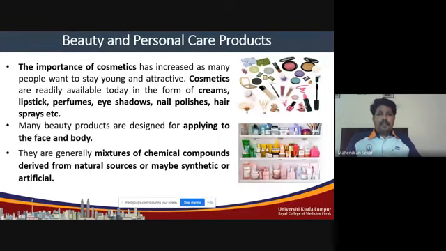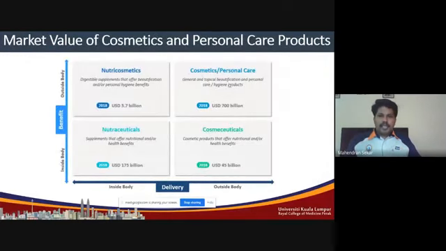Even currently, it is one of the huge markets, and even in future, after 4 5 years, many people will prefer to go for cosmetic products, especially made up of natural products. When you look at the cosmetic industry, the market value, in a survey taken in 2018, showed 700 billion US dollars, which is more when compared to the nutraceuticals. Nutraceutical is mainly the health supplements, which give health benefits. The market value is only 175 billion. It is 4 times higher for cosmetic products, because the cosmetic product usage is very high when compared to the nutraceutical product.